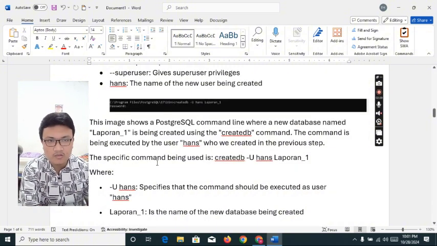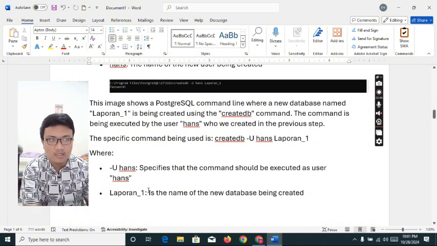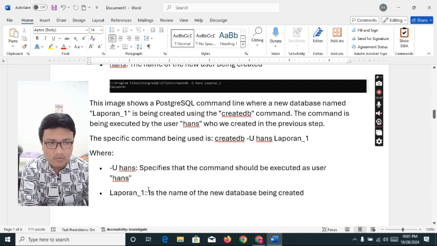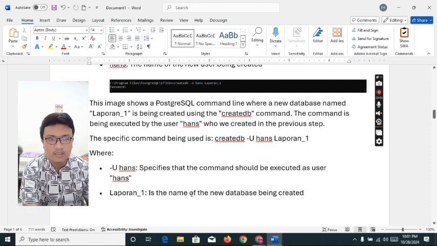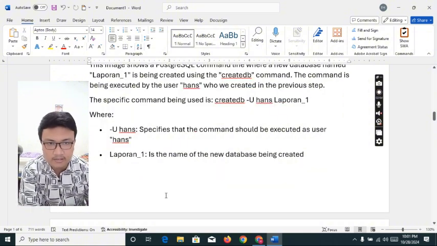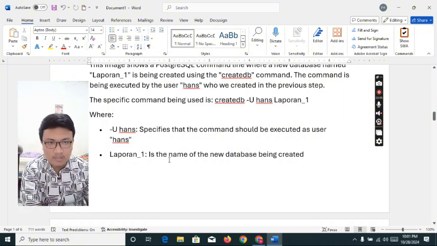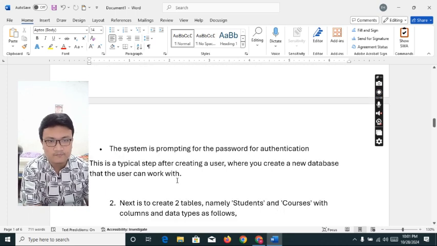The specific command is createdb -U Hans laporan_1, where -U Hans specifies that the command should be executed as user Hans, and laporan_1 is the name of the new database being created.